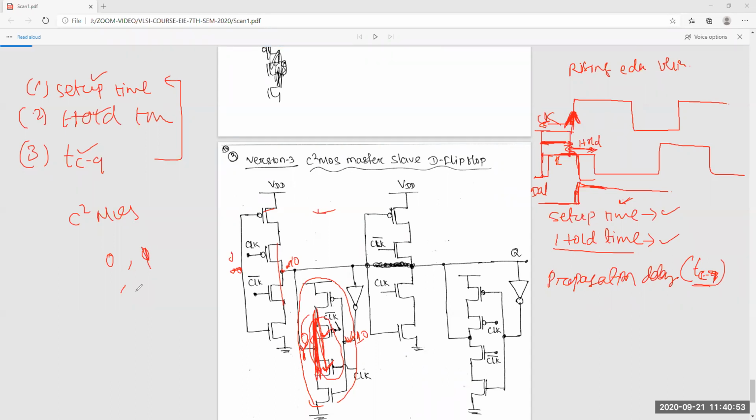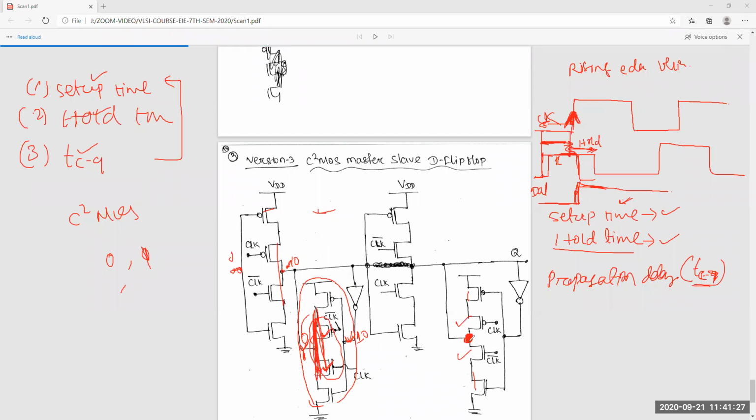You will get 0 or 1, and when these two are off, this will not connect to either side. This is completely a high impedance state, so you cannot say this is any value. So the output we get here is Z, because these two will be off, high impedance state.